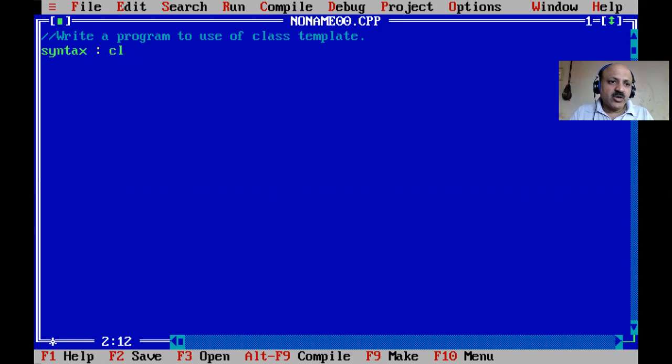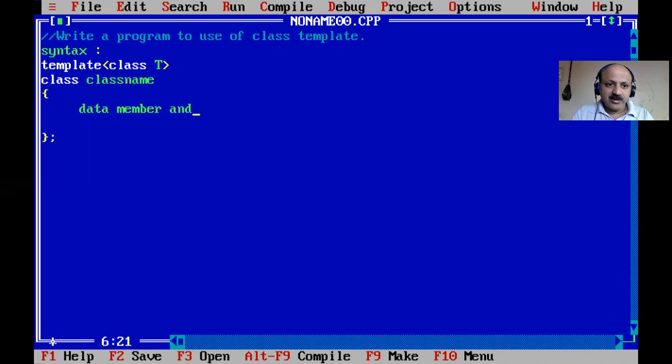We have to define the template keyword and angular brackets with the class keyword and type T, which is the same as a function template. Then after that, the class keyword again and then the class name, opening and closing braces and a semicolon, and in between you have to declare your member or member function both. So here we can say that member, or we can say data member, for data member and member function